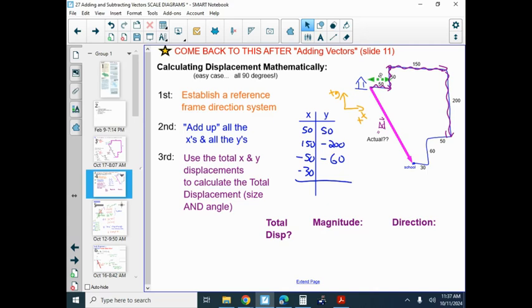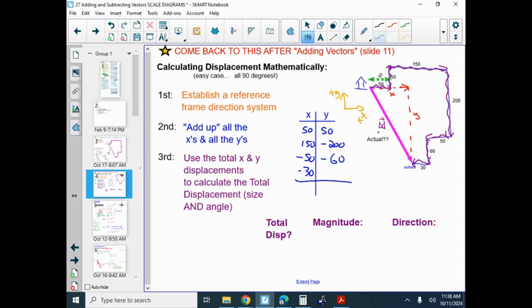50 up, 50 over, 150 over, 200 down, 50 left, 60 down, 30 left. Yeah, so those are all my directions. And so then you can actually just add up all those results and it'll give you the overall result. Okay, so that gives us, when you look at the overall result in the x direction and y direction, we